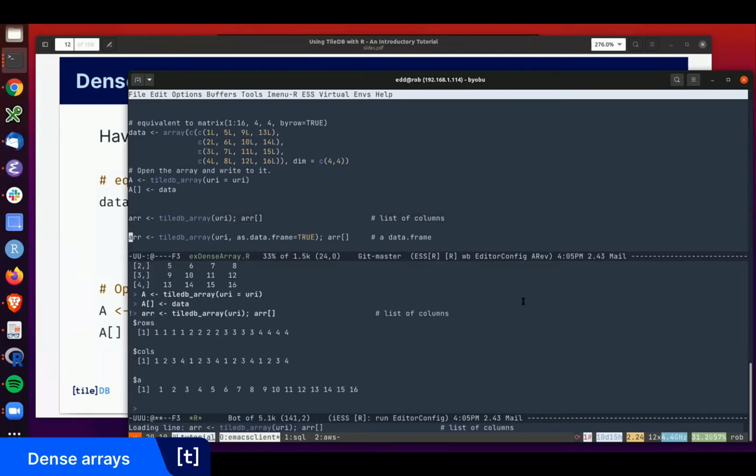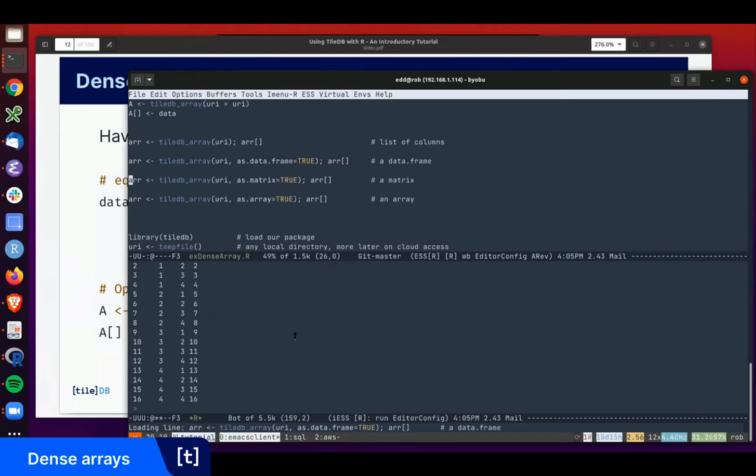And when I say nothing, if I just open it and query the array, by default, I get very R default-ish a list of the columns. For a dense array, and if I don't say anything else, I get rows as well as columns and the attribute. However, if I say I'd rather have a data frame and run that,